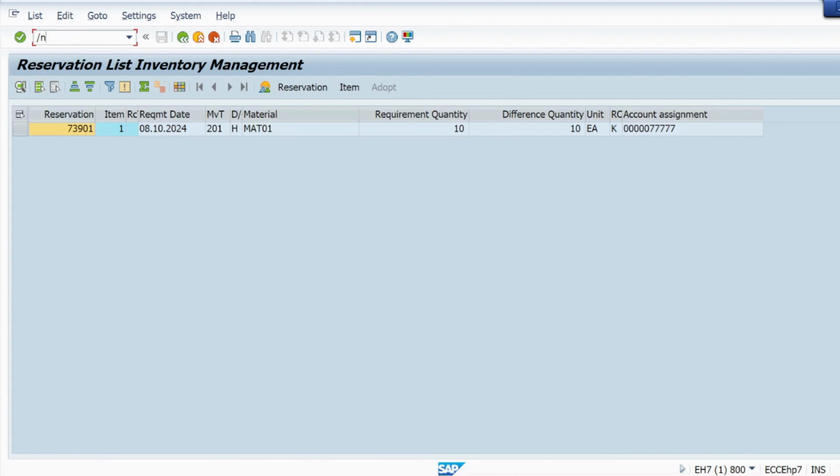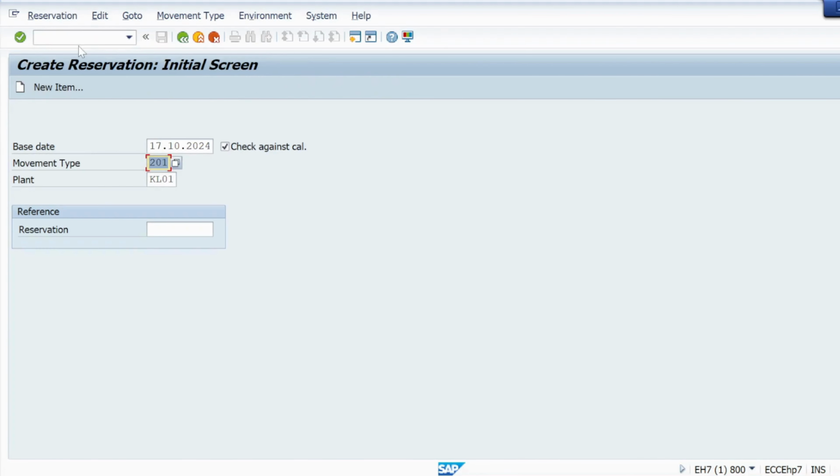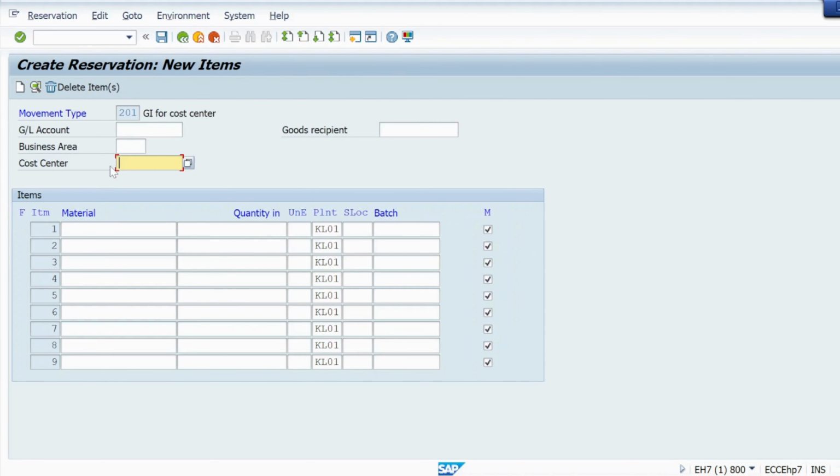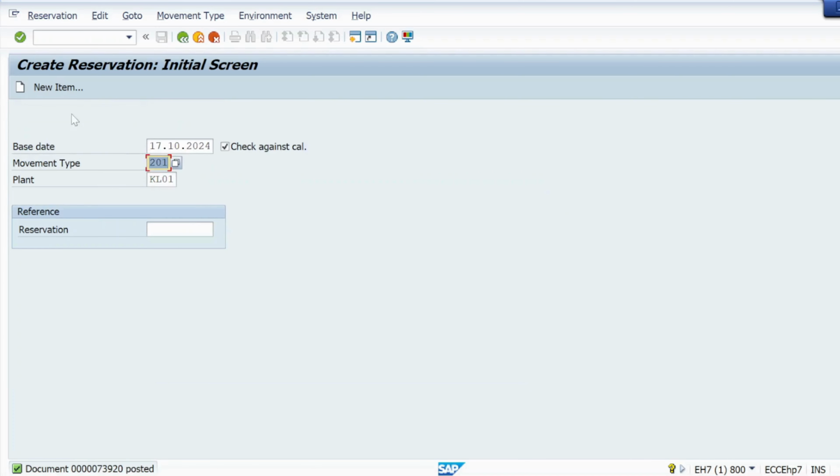Let's suppose we just created one more reservation using T code MB21, and here we give the cost center, material, quantity, and storage location. And here, if we unselect the movement allowed indicator, not the movement type, the movement allowed indicator, if we uncheck that, enter, and save, now see, if I try to check that in MB24,